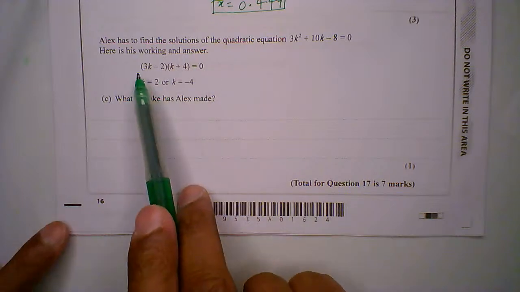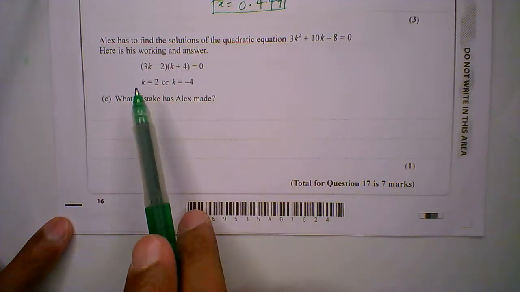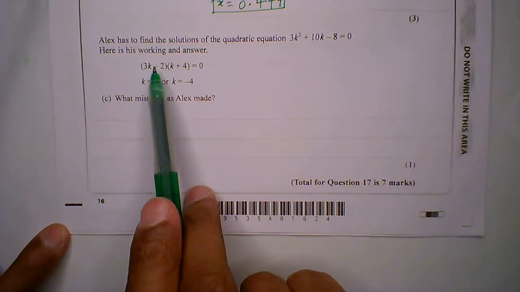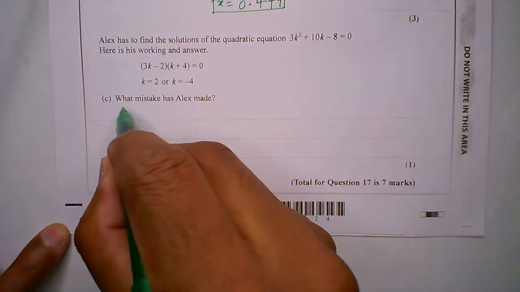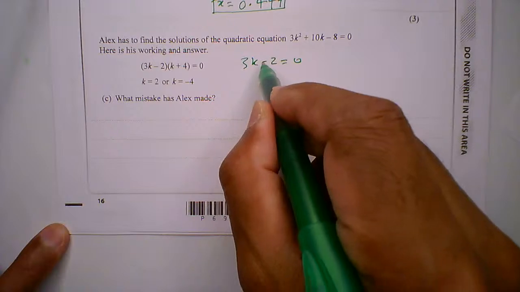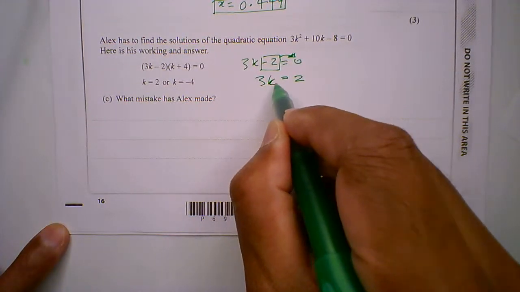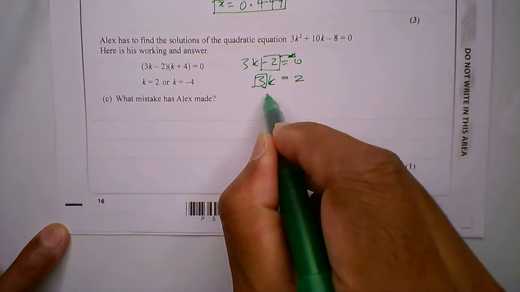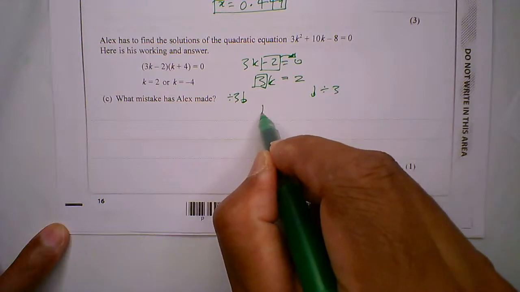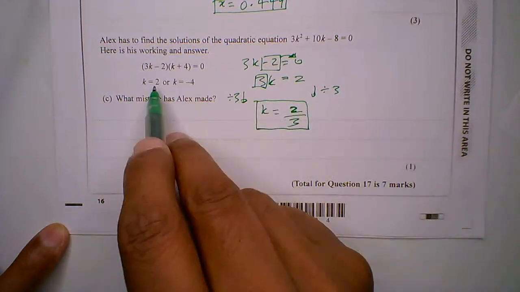So first of all, you've got the brackets, his factorization, that could be wrong. And then in terms of going from the brackets to the answer. So let's do the easy part first, which is the brackets. So you've got 3k take away 2 equals 0. The minus 2 goes to the other side, makes it 2. So 3k equals 2. Then we divide by 3 both sides. So k equals 2 over 3. So you can see that is the mistake that